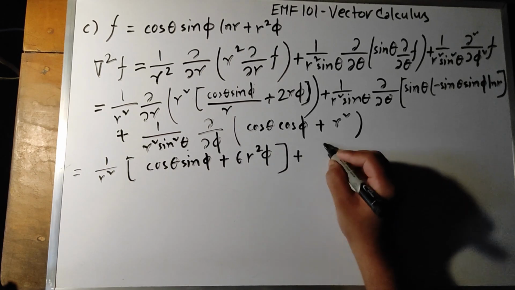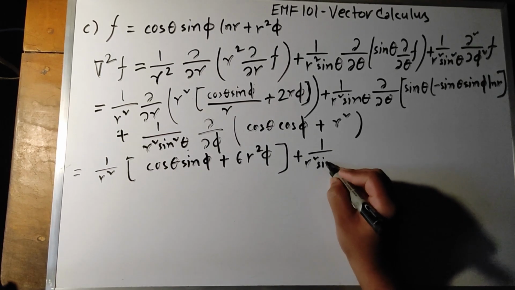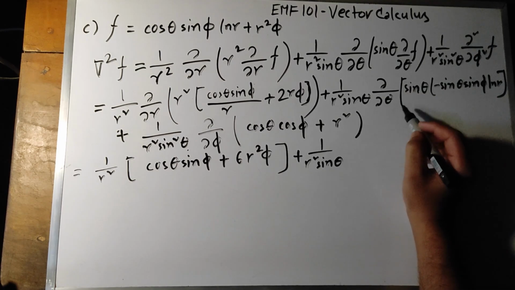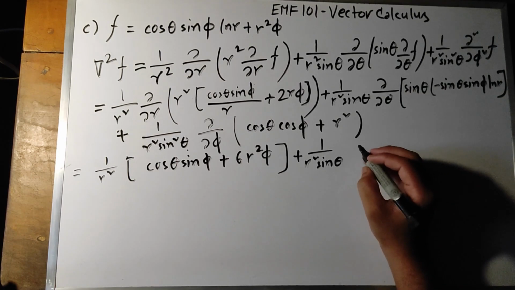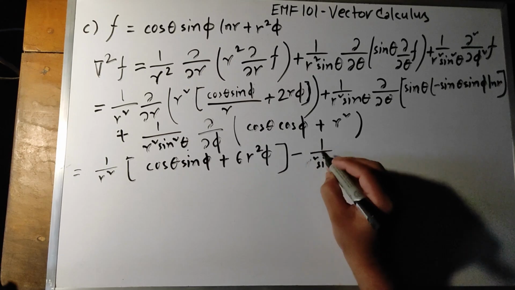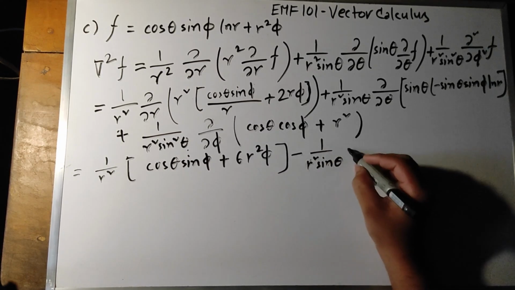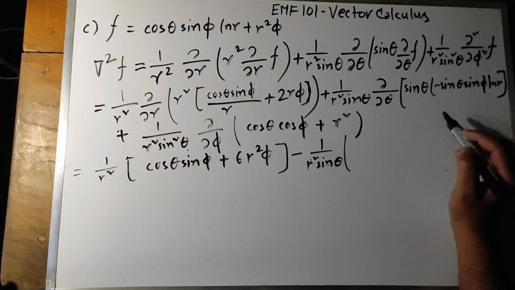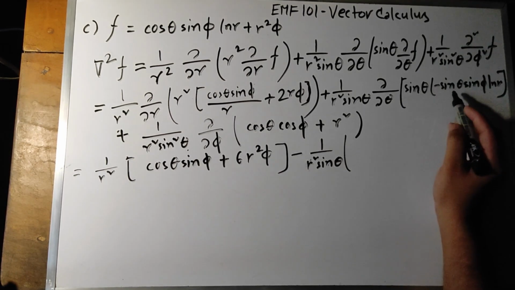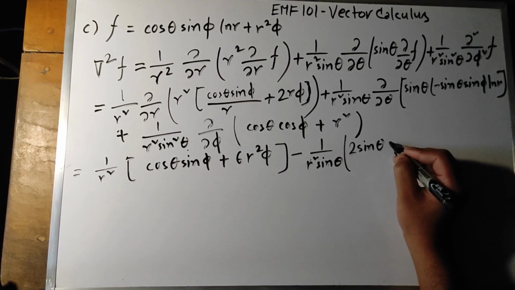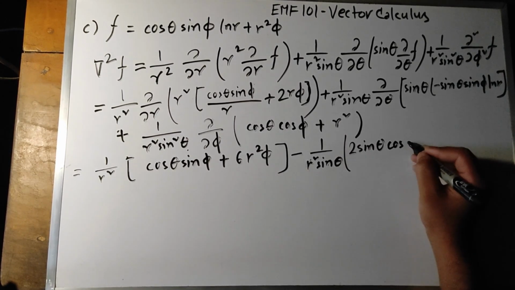So this is the first 1 by r square sin theta. So second partial differentiation with respect to theta. So if we take the minus out of the bracket, it will be minus 1 by r square sin theta, and partial differentiation with respect to theta is, so sin square theta, so 2 sin theta cos theta